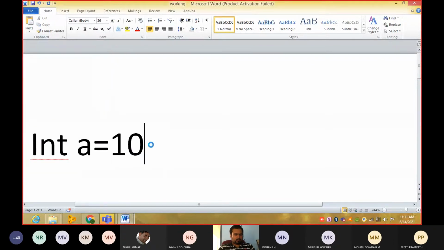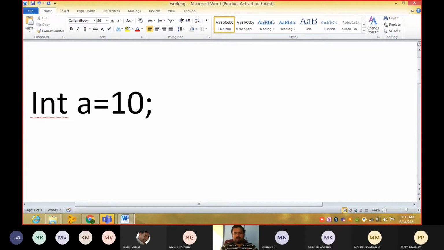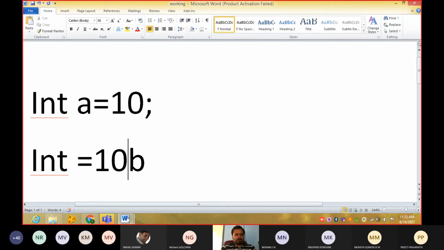See here, now for me int a is equal to 10, guys. What I can do is I can declare int b is equal to 10.